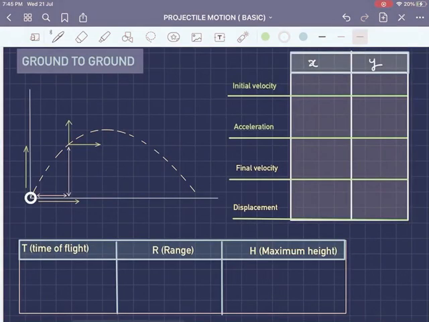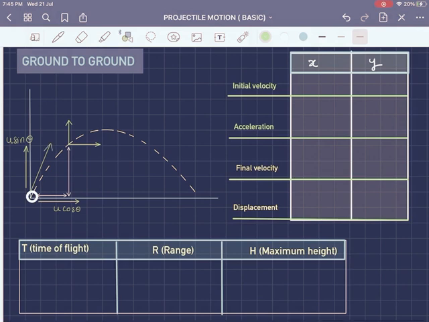Okay, today we are going to talk about the basics of projectile motion, which means something thrown in the air. It will go like this, following the dotted path and landing on the ground. First, its initial velocity has a component in the x direction, u cos theta, and in the y direction, u sin theta, horizontal and vertical.